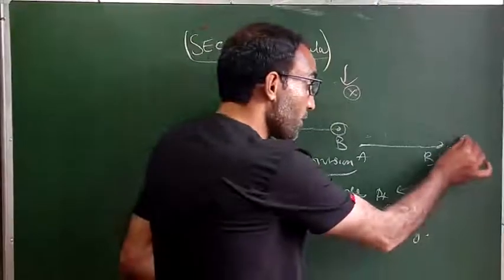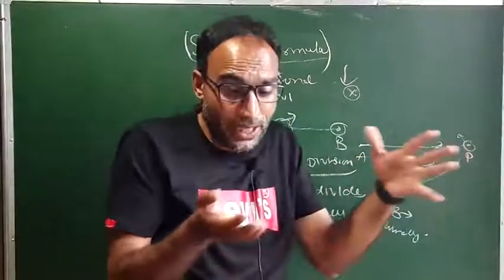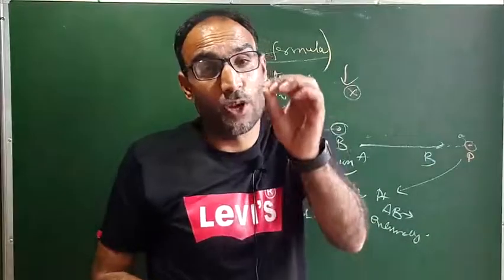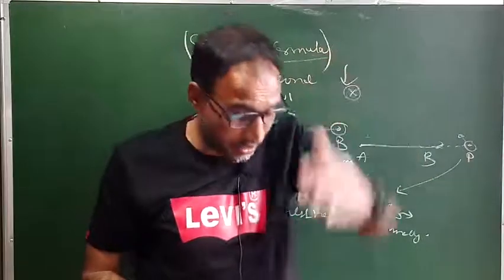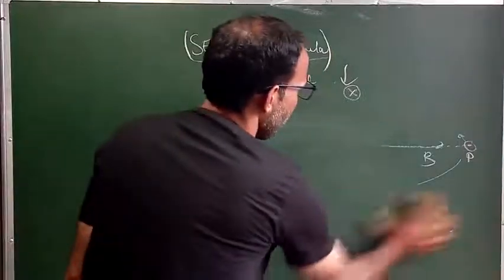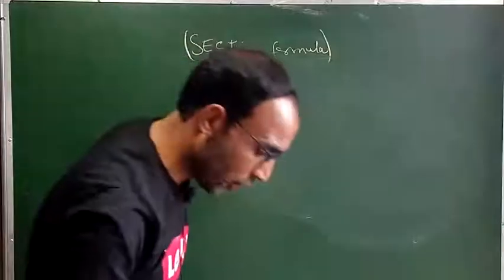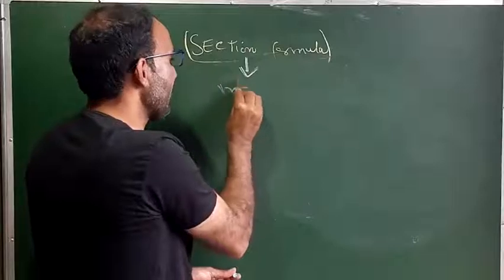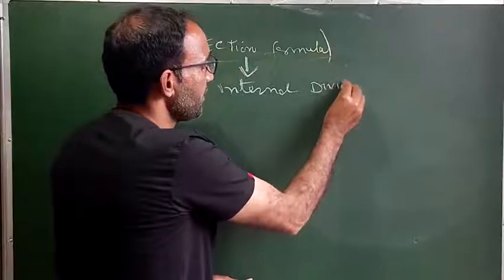But when the point does not lie between the ends of a given line segment AB, then we can say that this point is known as point of division, but it divides the given line segment externally. अब मैं टॉपिक पे आऊंगा, यानी एक्चुअली the point which we have to discuss, that is section formula. तो इसमें हम एक्चुअली डिस्कस क्या करेंगे, यानी इंटरनल डिवीजन, नॉट एक्सटर्नल डिवीजन, इंटरनल डिवीजन, यस।